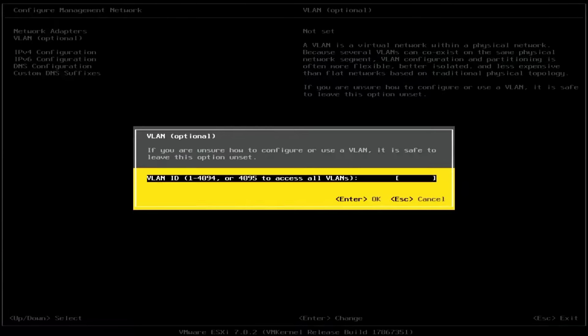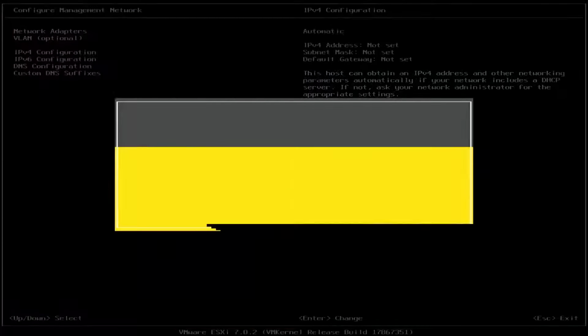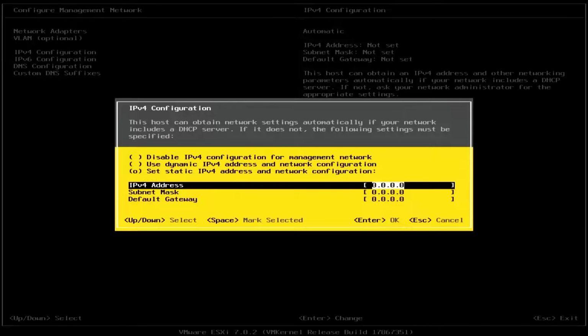Then from here, if you're doing tagged VLANing, you'll need to set this. I'm setting 300, assuming my switch has a tagged port of 300. And then I would recommend you set a static IP. So I'm going to select that, and I'm going to go ahead and enter one of